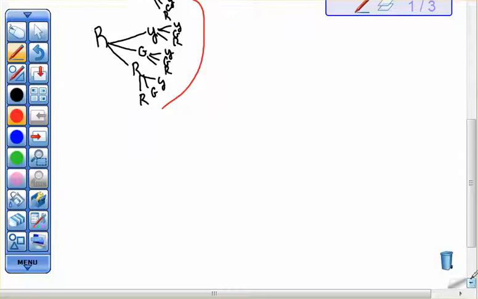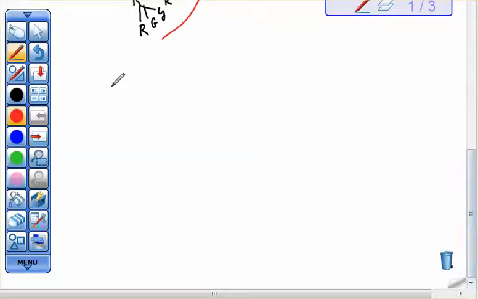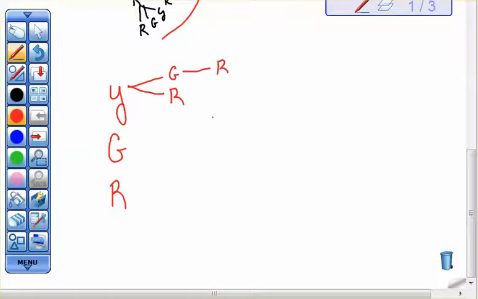Now let's talk about without replacement, because that's a little bit easier to deal with. Let's start off with either a yellow, a green, or a red ball in our bag. Now, if I pull out the yellow one, I'm not going to replace it back in the bag, so the only choices I'll have left will be a green and a red. If I pull out the green one, the only one I have left is red. If I pull out the red one, the only one I have left is green. So when we're talking about not replacing these balls back in the bag, we have a much smaller sample space than